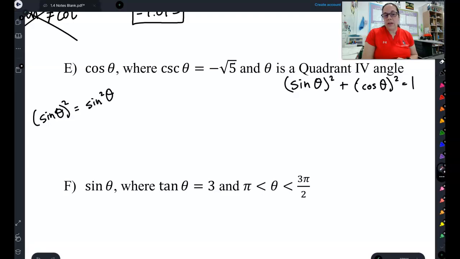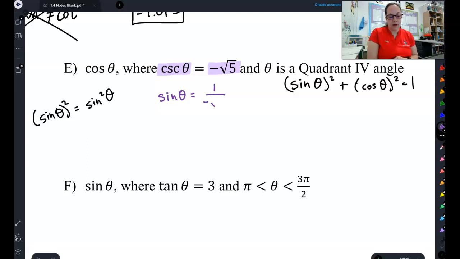Now, when we did Pythagorean identity last lesson, we plugged in one of these and then used that to solve for the other. So if we look at what we have here, I know that cosecant of theta equals negative root 5. However, cosecant of theta is not in my Pythagorean identity, so I'm just going to change this to sine of theta instead. And to change between those, I flip my point. Ta-da! Now I have sine of theta. So now I can come over here to my Pythagorean identity and plug sine of theta in